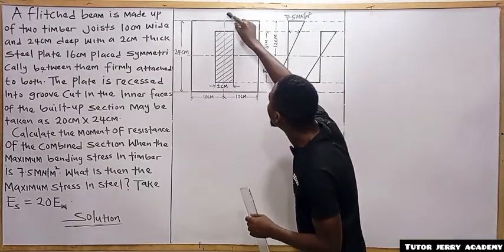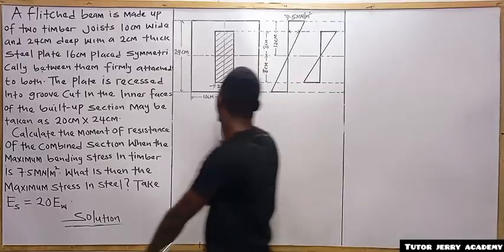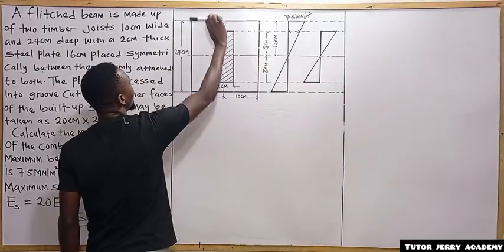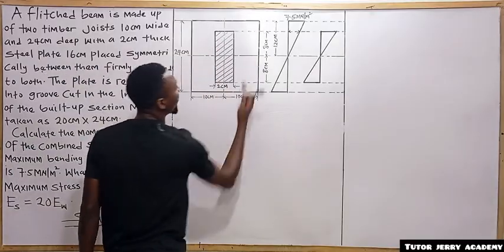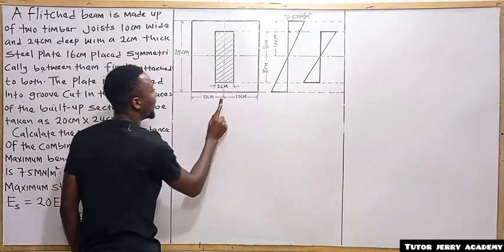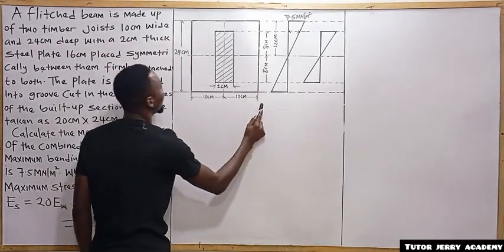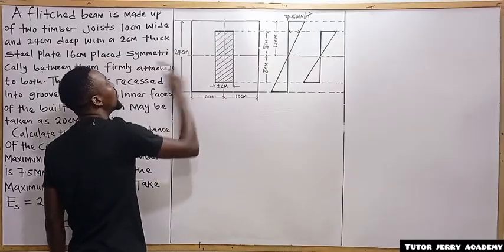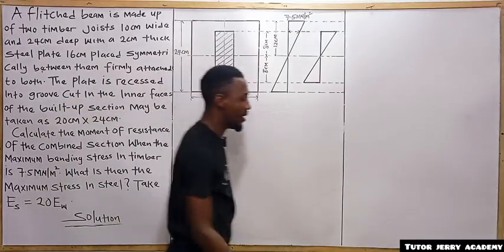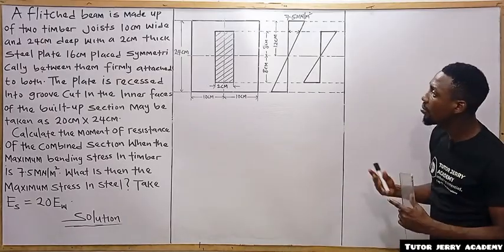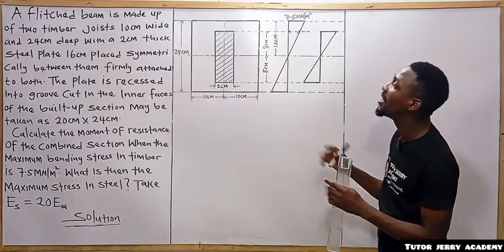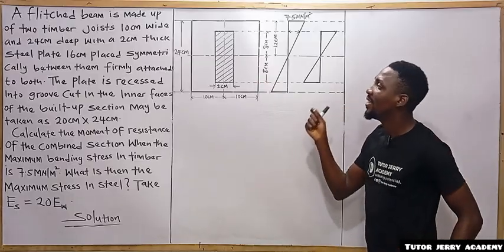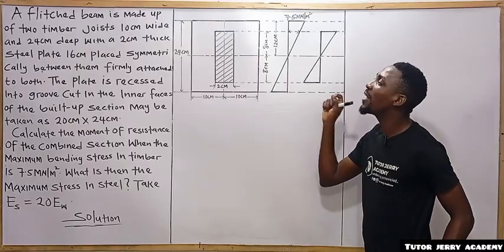If you look at this line here, from this point to this point, this side is one timber, and this other side is another timber. And if you look at that dimension, 10 centimeter, 10 centimeter, and the depth of the two timber is 24 centimeter. All right, so let's move on. And 24 centimeter depth with 2 centimeter thick steel plate, 16 centimeter,